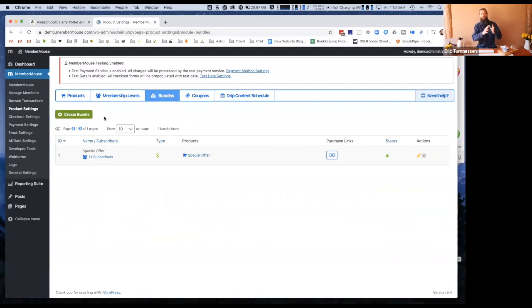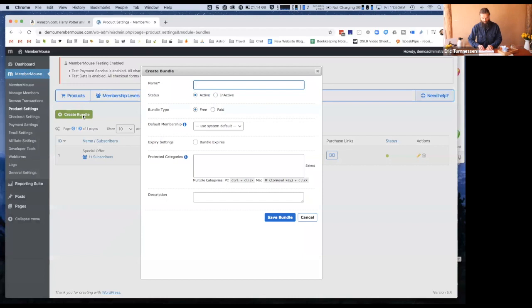So products are what people purchase in order to pay you something. Once they've paid you something, then the question becomes, what do they get access to? Membership levels and bundles are the things that are used to protect content. So you need to associate a bundle with a product such that you're telling MemberMouse when somebody purchases this product, they get this bundle. Okay, so what I'm going to do is create a bundle called single video access,